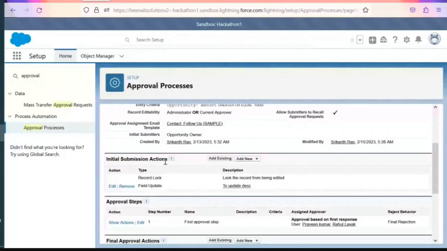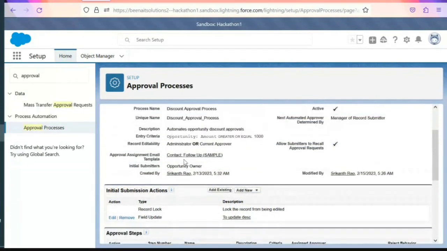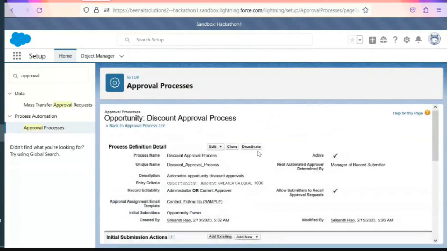As soon as it is submitted for approval, there will be a button created. While you are creating that approval process there is an option, a checkbox. If you click that, then automatically in that record there will be a submit for approval button. Once you click that,